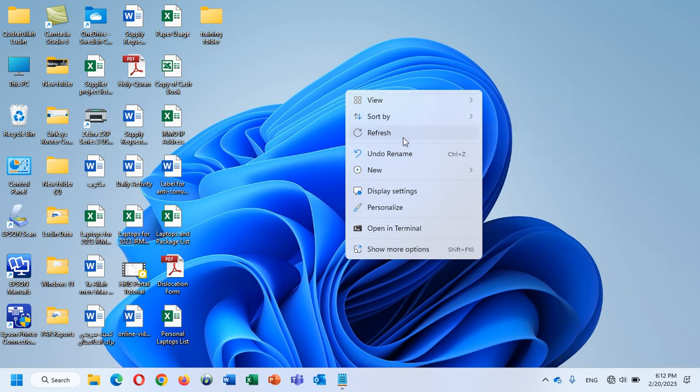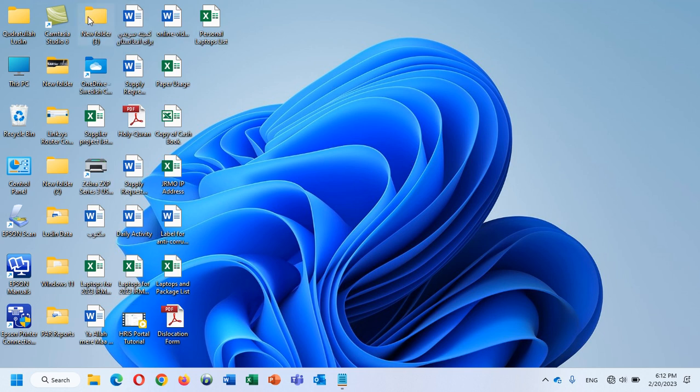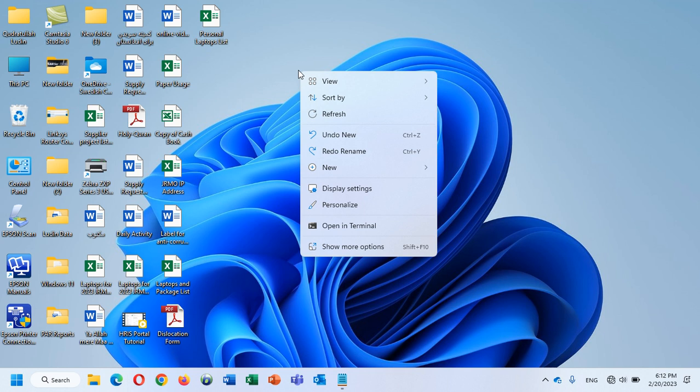If you open this window again, here another option will appear, undo rename. We created a folder and gave a name to it. If you want to undo this change, you can click on undo rename. Now it is again renamed to new folder 3. Okay,